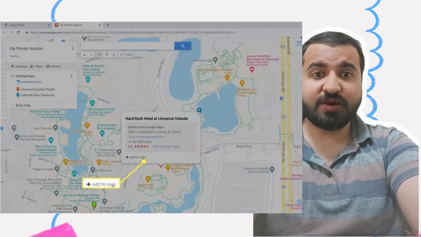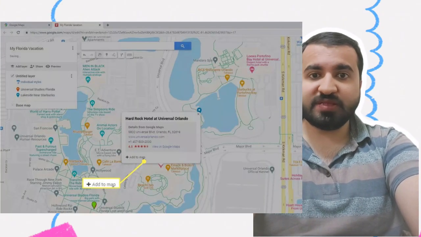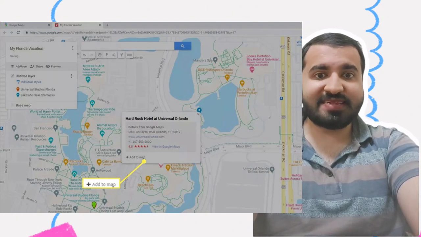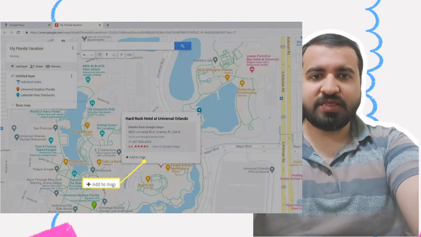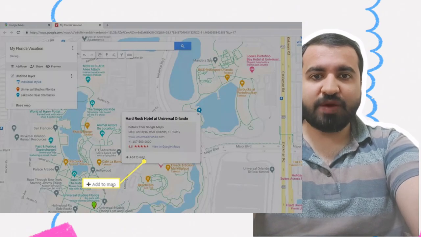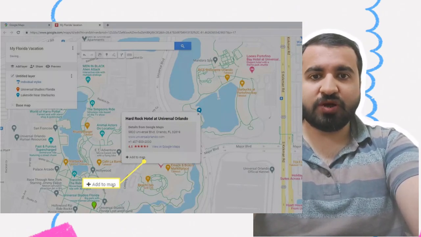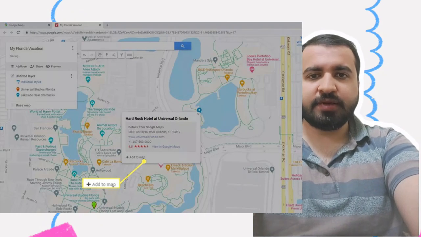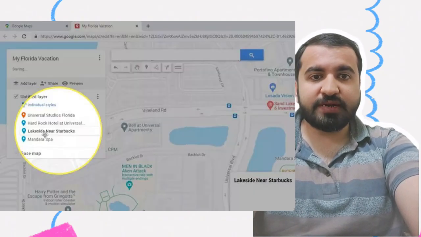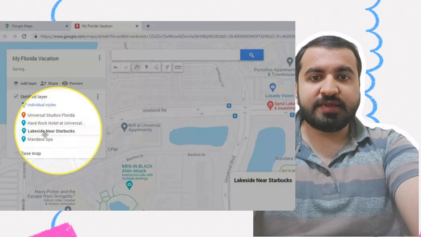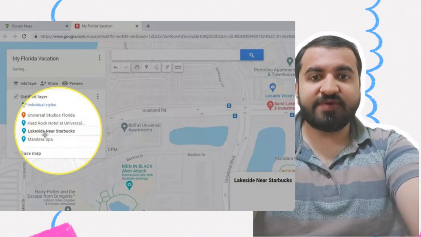Step 6. A third method to drop new pins is to select an existing location on the map. This will open a window with the location details. Select Add to Map to pin this as another location in your itinerary. Step 7. To reorder your itinerary list, select a location from the list on the left and drag it